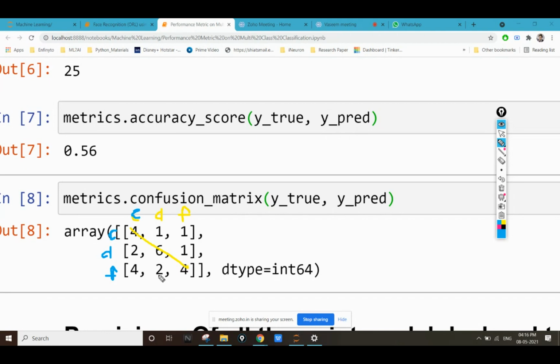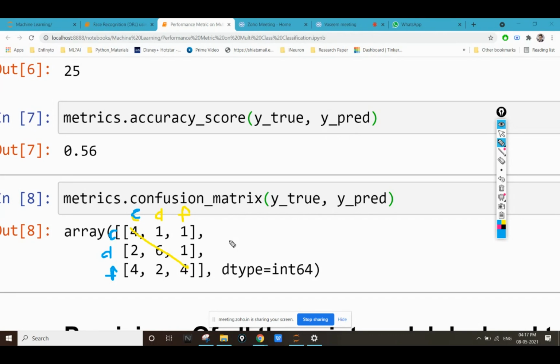And in the last case, out of 6 values, I predicted 4 values correctly, and I predicted 1 value to be cat and 1 value to be dog. Out of 6 values of fox, I predicted 4 values correctly, with 1 dog and 1 cat error. So with the help of your confusion matrix, you can exactly calculate how accurate we are able to predict for cat, for dog, and for fox. You can calculate the individual accuracy of all the 3 classes.